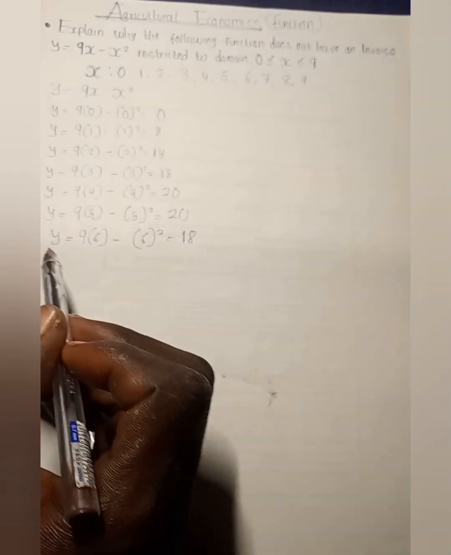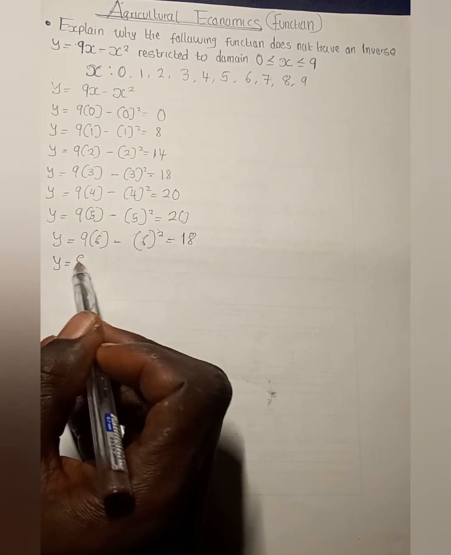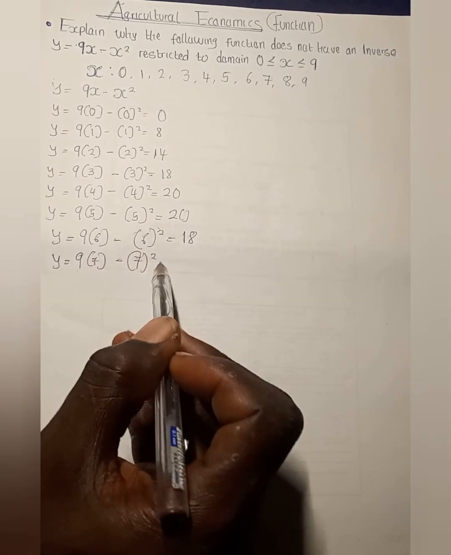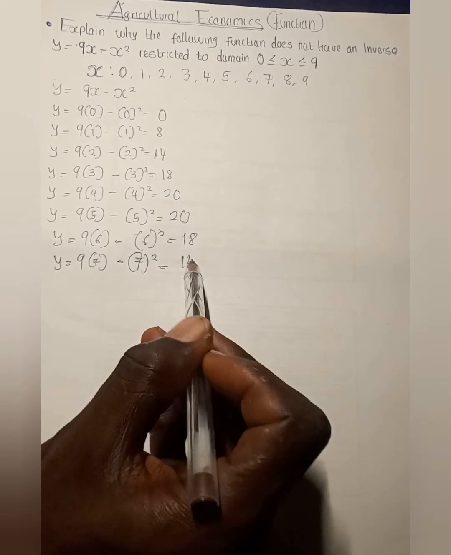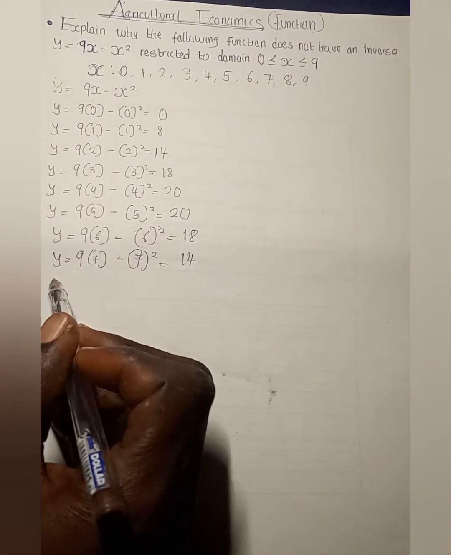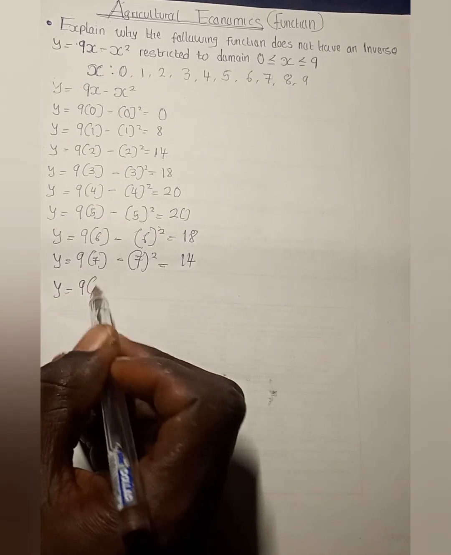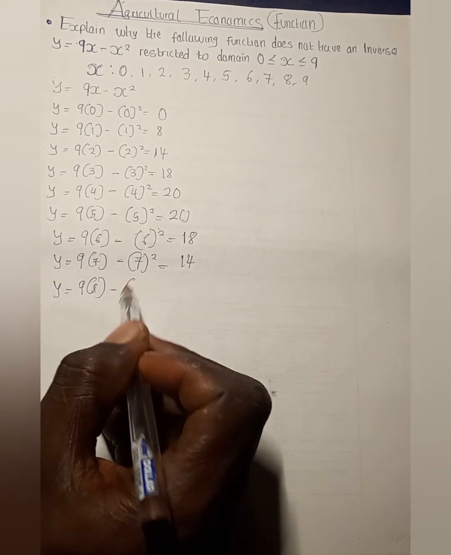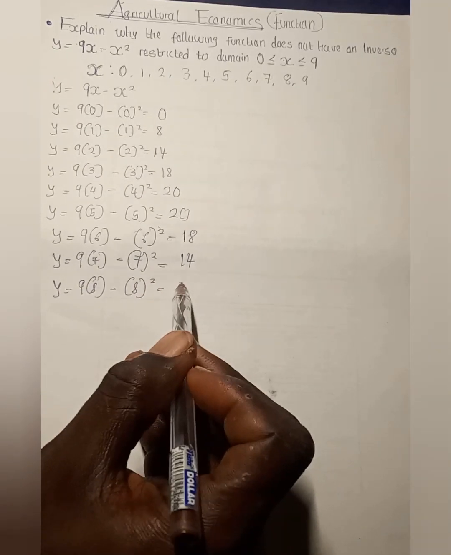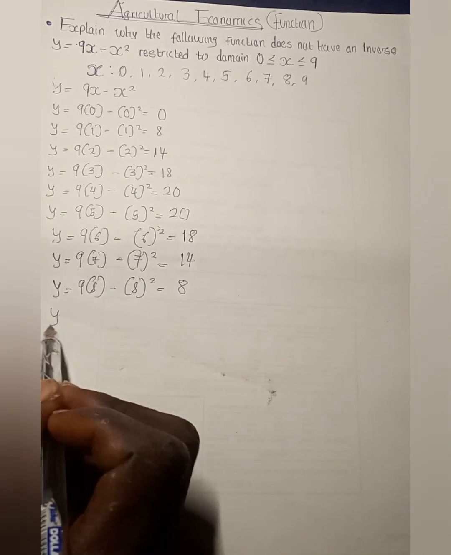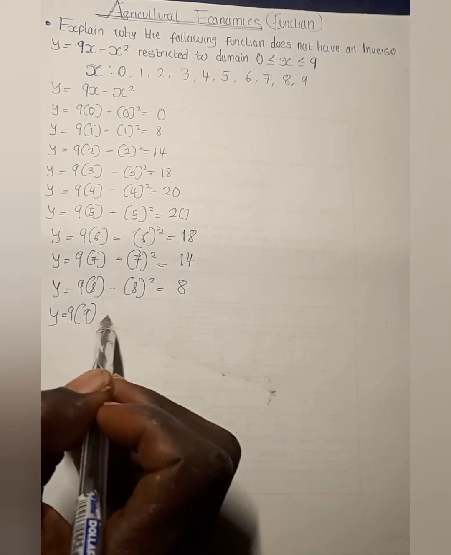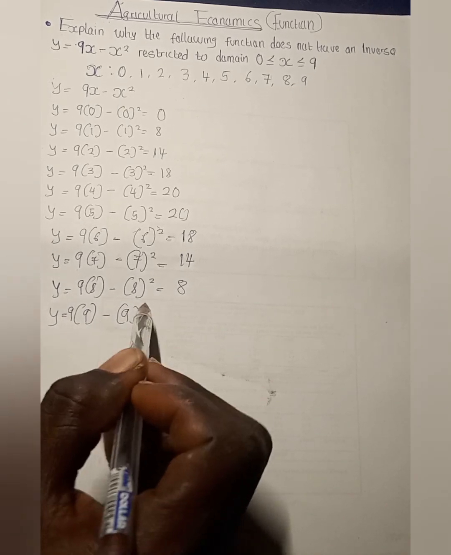Now, when x is 7, we have 9 into bracket 7 minus 7 raised to power 2. It equals 14. When x is 8, y equals 9 into bracket 8 minus 8 raised to power 2. Point your calculator. That's 8. Then when x is 9, we have 9 into bracket 9 minus 9 raised to the power of 2,